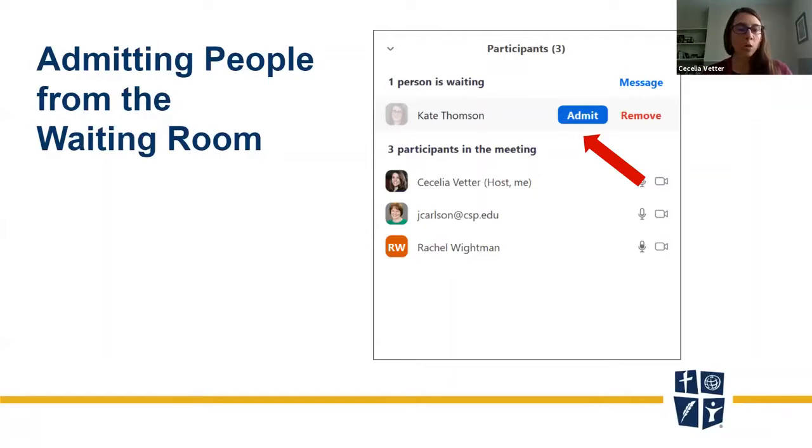If you are going to be having a Zoom meeting with a large number of people, our Zoom accounts allow up to, I believe, 300. There is a way to disable that waiting room if you don't want to individually allow in hundreds of people, but that's more of an advanced feature that you'd really want to talk to us before doing. And you will get a pop-up. In this image, the participant tab is open where you can see everyone who's in your meeting. But if you have that closed, you will have something pop up on your screen saying this person is waiting in your waiting room.